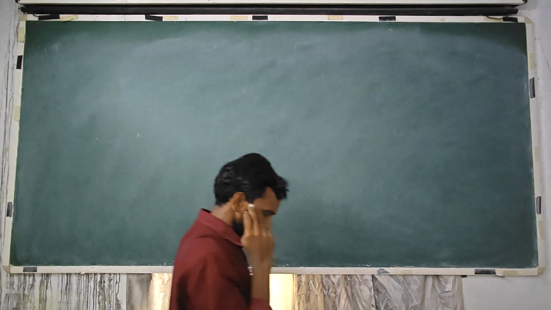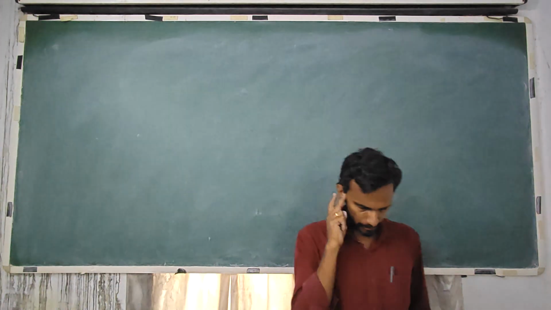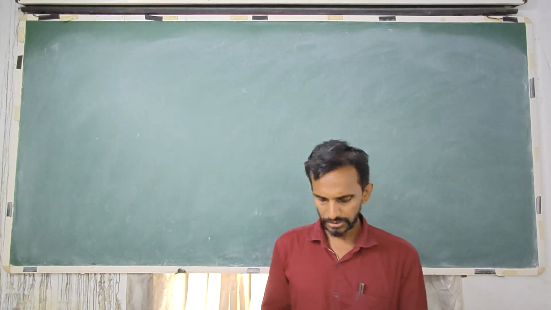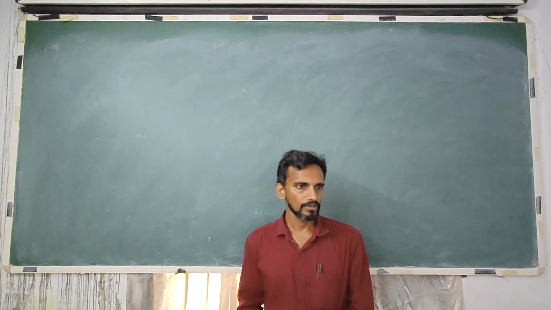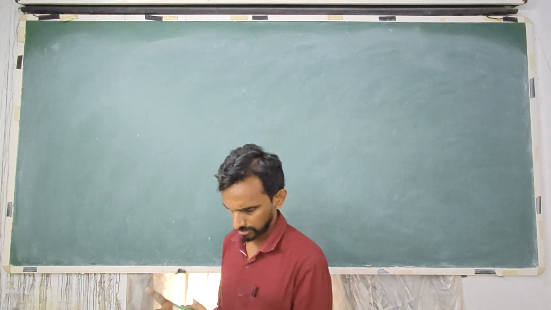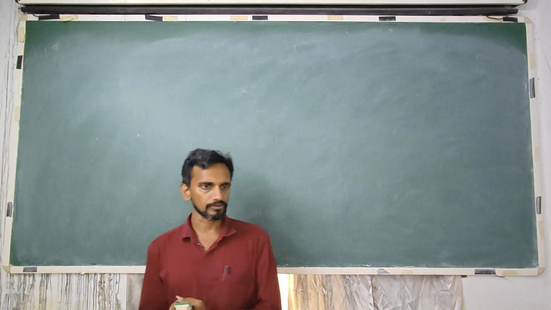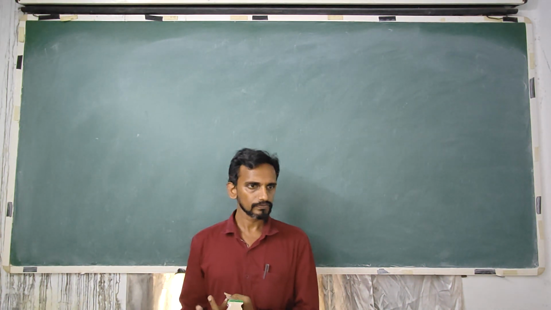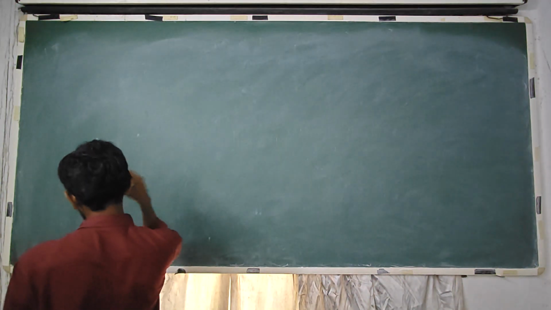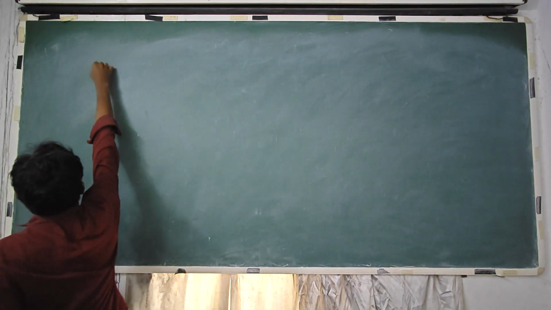So in the previous session we have seen various methods of producing interference patterns by division of wavefront. What we have seen is Young's double slit experiment, Fresnel biprism, and Lloyd mirror. These are the three things we have seen. And in this double slit experiment,